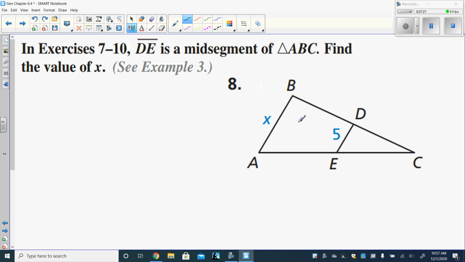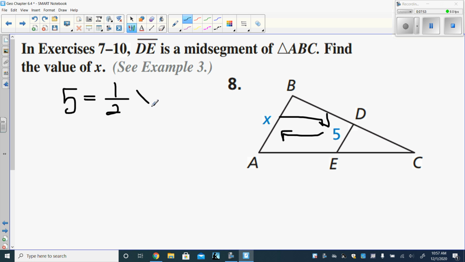Now this here, so we know that 5 is equal to half of the bigger length. So if I'm going from bigger to smaller, I divide it by 2. To go from smaller to bigger, I wouldn't divide it by 2, I would multiply it by 2. Or another way we can see it is that what we're saying is 5, the mid-segment, is equal to